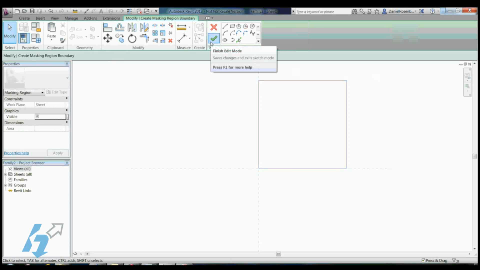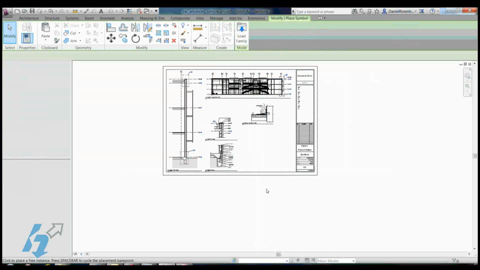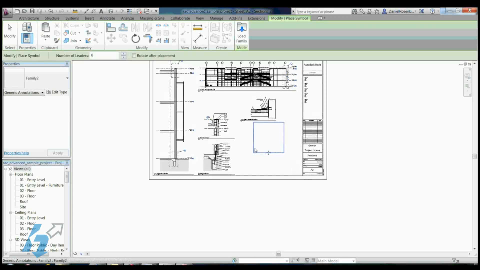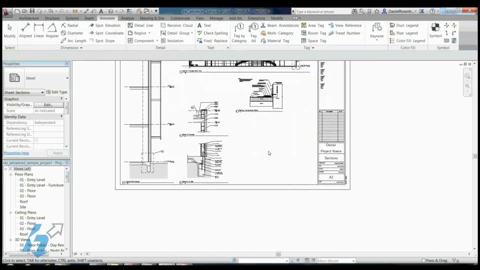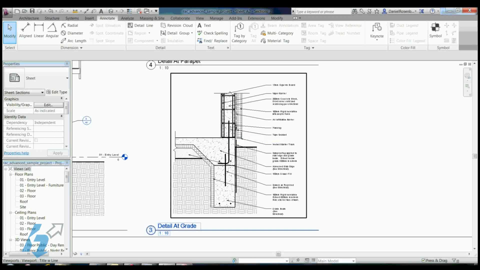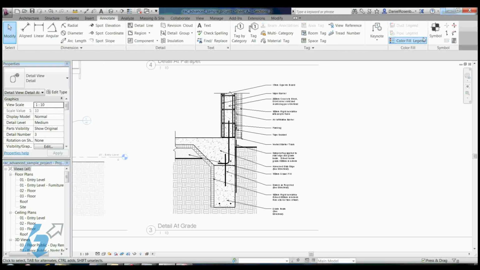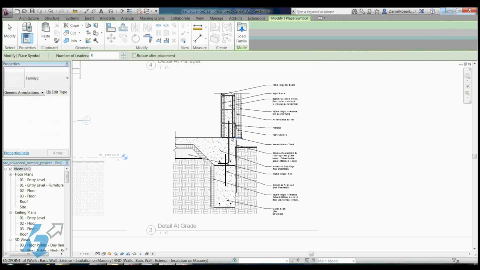What I would do typically is save this as something, but for our purposes now, we'll just keep it as family 2. Finish that sketch and then load it into my project. What I did by clicking is I actually placed an instance of that. So I'm going to go ahead and delete that and go back into my view here, activate that. Since it was a generic annotation, it will be loaded under symbol. So if I click on symbol and place this,